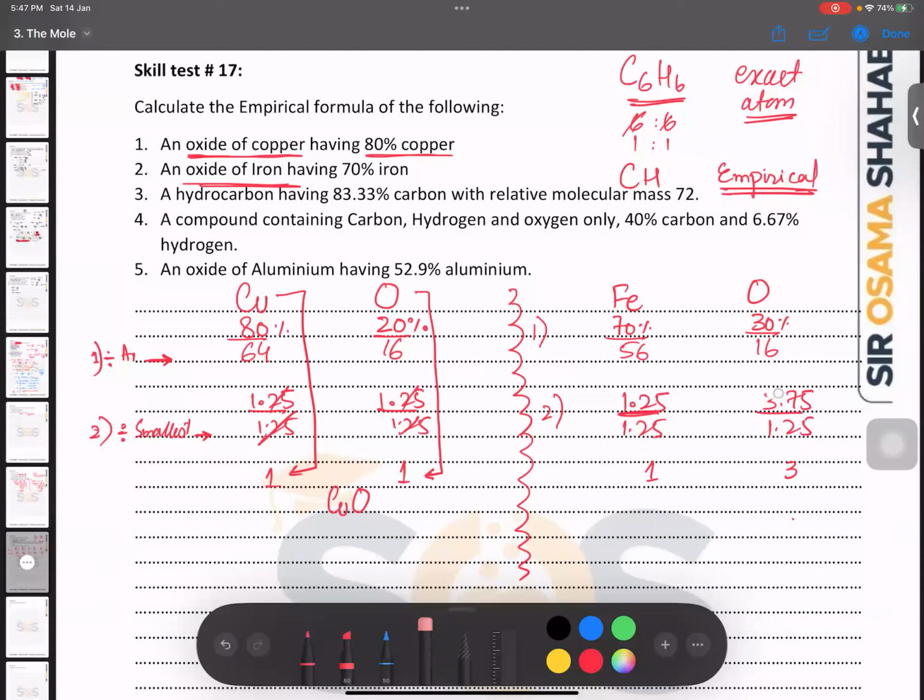Sir? जी बेटे। सर अगर आंसर डेसिमल्स में आ रहा हो तब क्या करेंगे? जैसे अब आयरन का 1.2, 1.3 आ रहा हो तब क्या करेंगे? देखो 1.5 आ रहा है, सही है। आंसर क्या आ रहा है आपके पास? Yes, sir. 1.5।